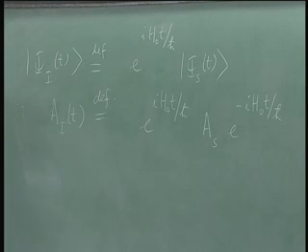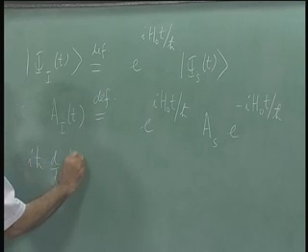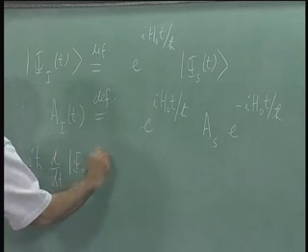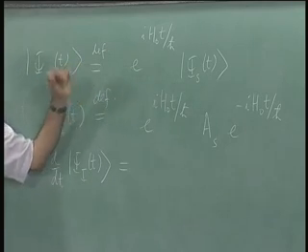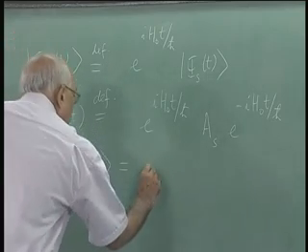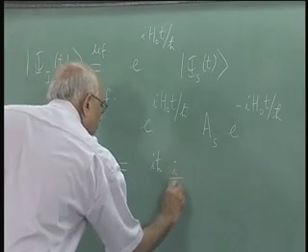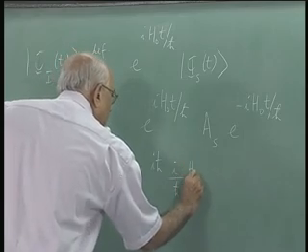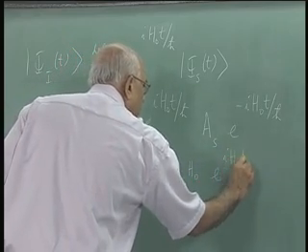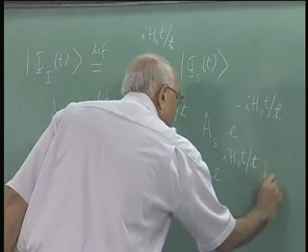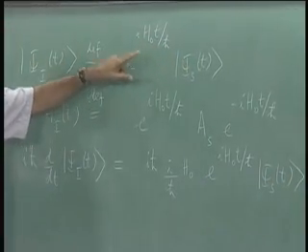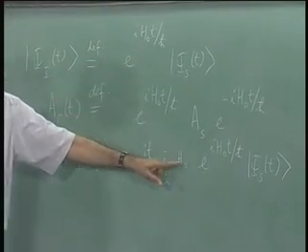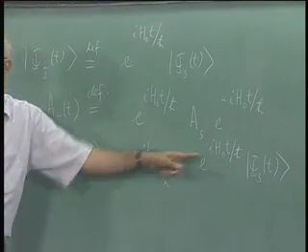And then what happens? Well, if I write iħ d/dt ψ_I(t), this is equal to, I just differentiate this on both sides, and the first term is going to give me iħ times (i/ħ) H₀ e^(iH₀t/ħ) ψ_S(t). That is the derivative of this term. I bring down an iH₀/ħ, and it commutes with e^(iH₀t/ħ), so it does not matter which place I write it,